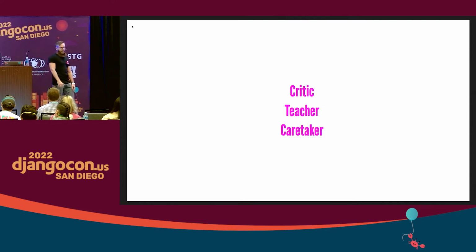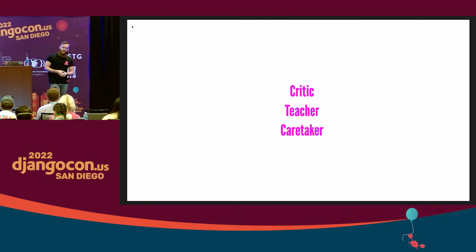But the way I think of it is three different things. First of all, I think of a linter as a critic, something that can complain about your code and coach you into doing a better job. It can also be a teacher. A lot of the time, the way we use linters at work is they can teach you a better way to do something. Instead of just complaining about it, it can say, hey, by the way, did you mean to do something else?